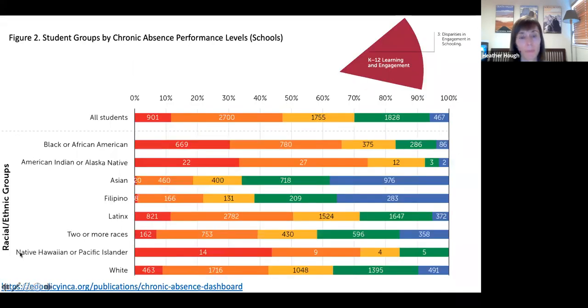Okay, so very quickly, I'm going to go over a couple of key findings, and it's going to be a whirlwind, so please click on the links if you want more. So first, we know that student engagement in school is an important equity indicator, and that student attendance is the first piece of authentic engagement. Kevin G. recently did some research on chronic absenteeism that shows really different levels of chronic absenteeism by student demographic group. As you can see here, 30% of schools are in the lowest category, red on the dashboard, for their African-American students,